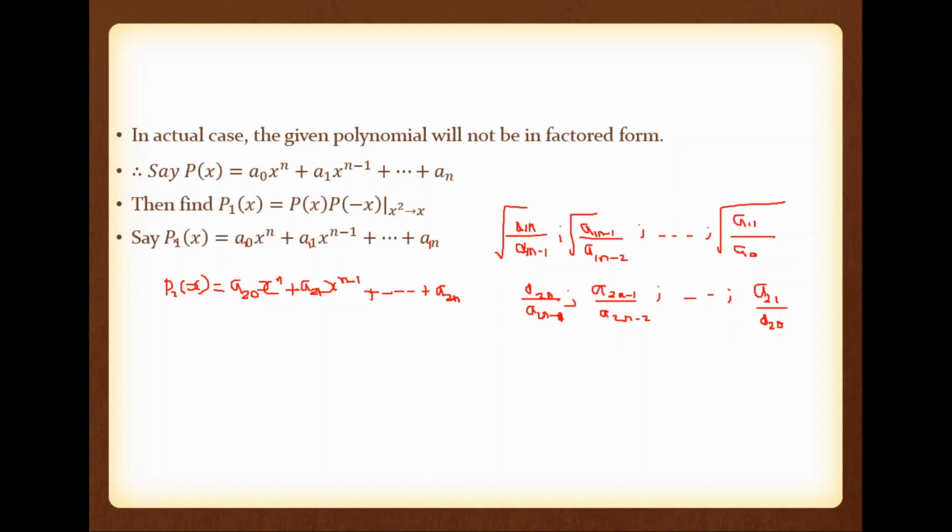So what about the root of p1? If root of p2 is a square of p1, then what about the root of p1? Square root of p2. So square root of this one is the root of p1. So what about the root of p? The root of p is the square root of p1. So this is root of p1, so its square root is p. Means put one more square root. So we can represent it as square root 2 raised to 2. So like that way we are continuing. Okay.